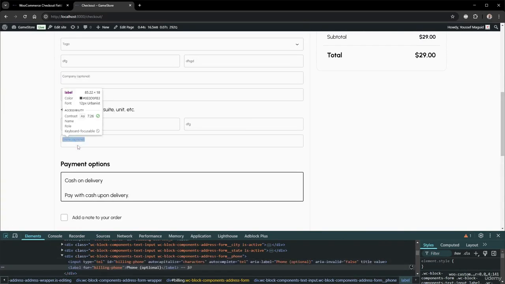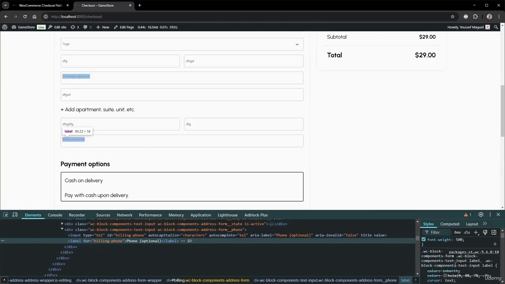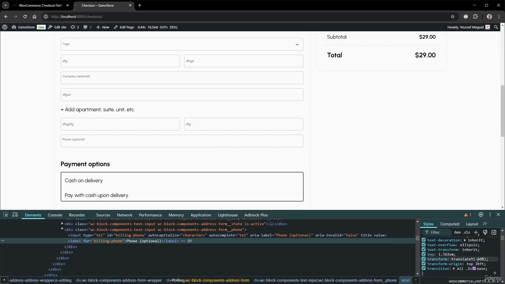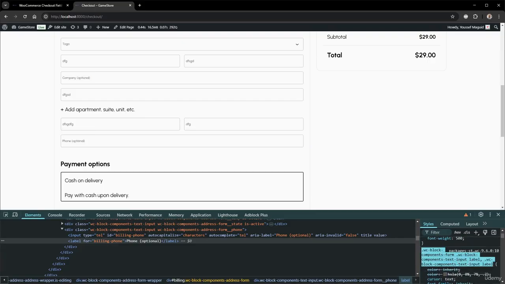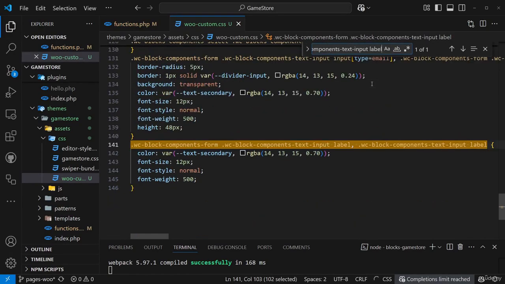I see that the label is not centered. So for this label, the top value I see is a static value and it moves up by 50%. It needs to be like this: 50%, and translateY minus 50%, and it goes right to the center. This particular class, I don't know if we have it or not. Yes, there is this class, meaning the top